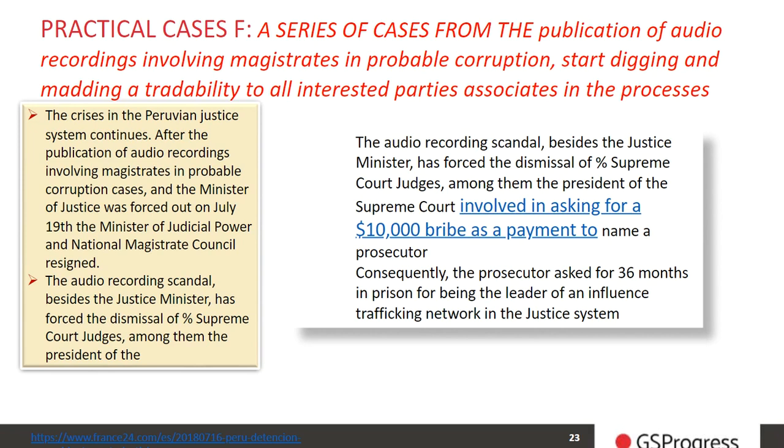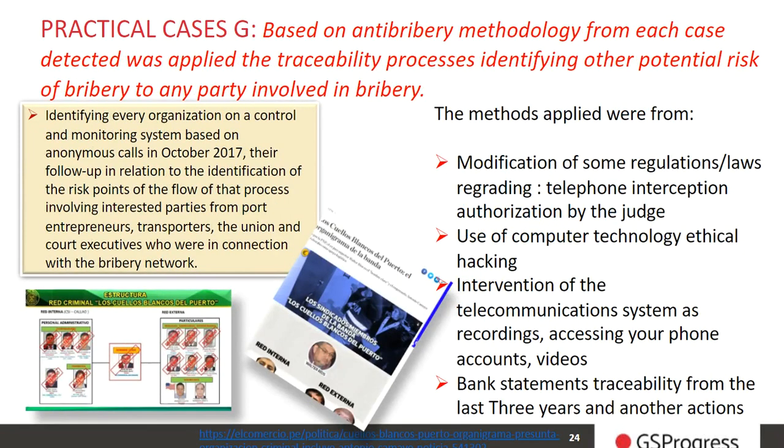And the other one, nobody expected that some of them were in connection with the drug cartel. So the drug cartel was connected with the judge about the port. And we found everything when we started digging and following the traceability of the emails,